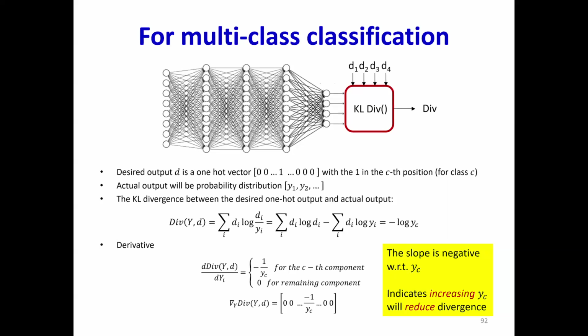Just the negative of the log of the probability assigned to the correct class. And observe that this becomes 0 when that becomes 1, right? So the KL divergence in this case is simply going to be minus summation, work through it, just minus log yc. Okay, but the more generic formulation over here, which is summation di log di minus summation di log yi, is